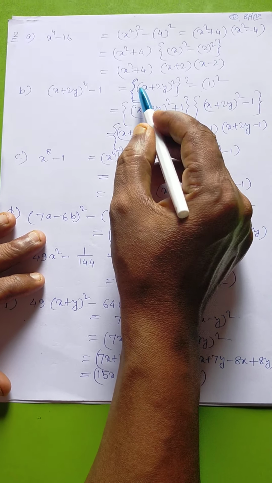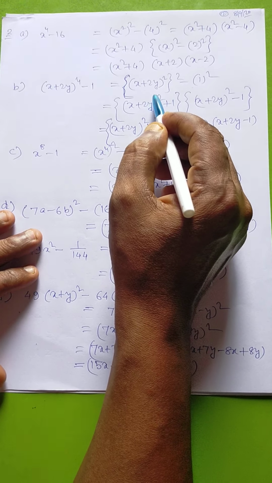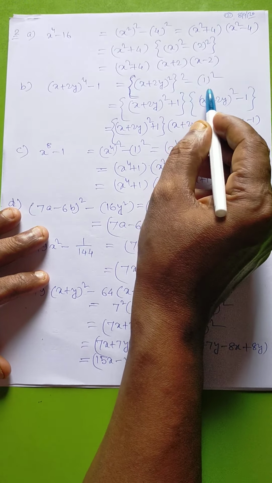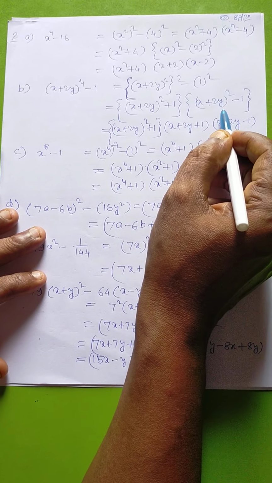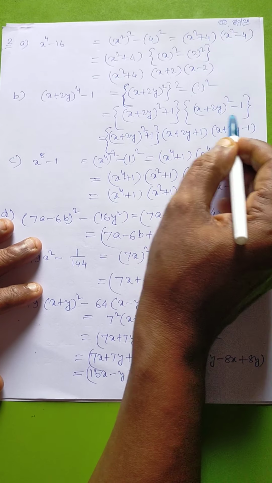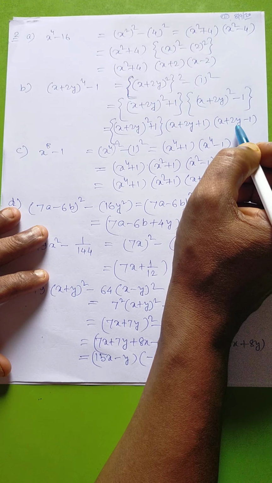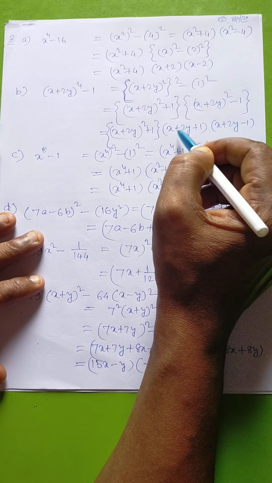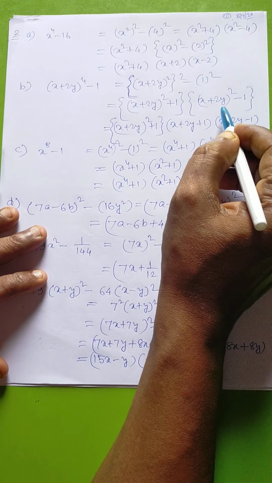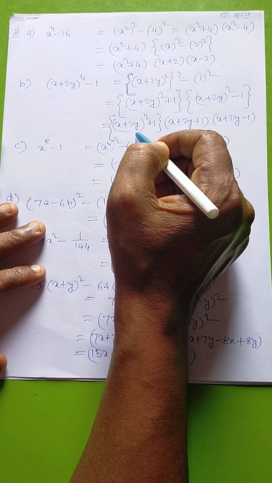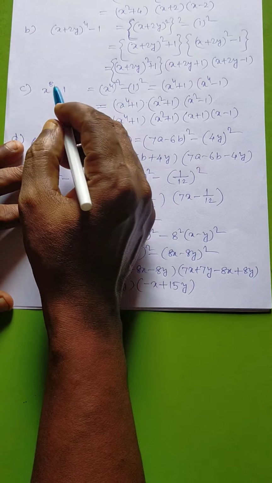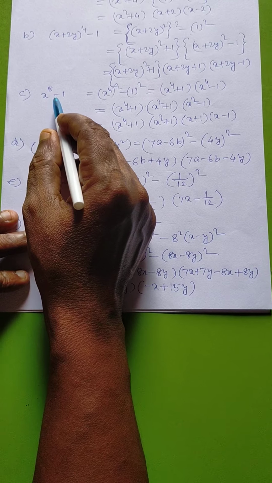This is a. For this we are using a curved bracket or second bracket. So a square minus b square, (a plus b)(a minus b). Again here a square minus b square, (a plus b)(a minus b). This is a, this is b. From here this is coming, and this is as well. One more power extra: x to the power 8.